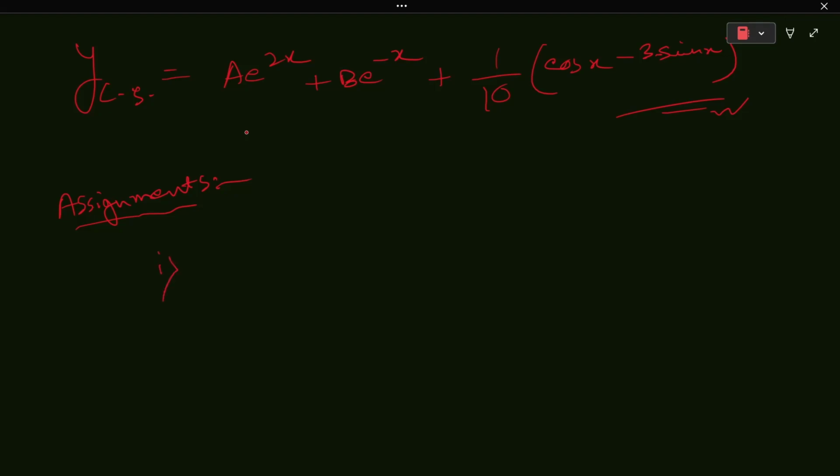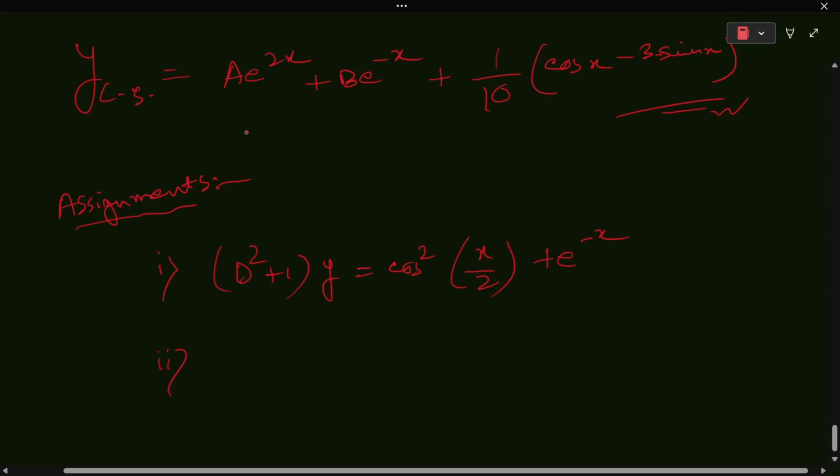So for that class, let's take two assignments, and if you solve those two assignments, I think there will not be any problem or any disturbance in your exam. Okay, so we will be quite comfortable solving it. So let's try to solve the two assignments. Again, another one. Let's take